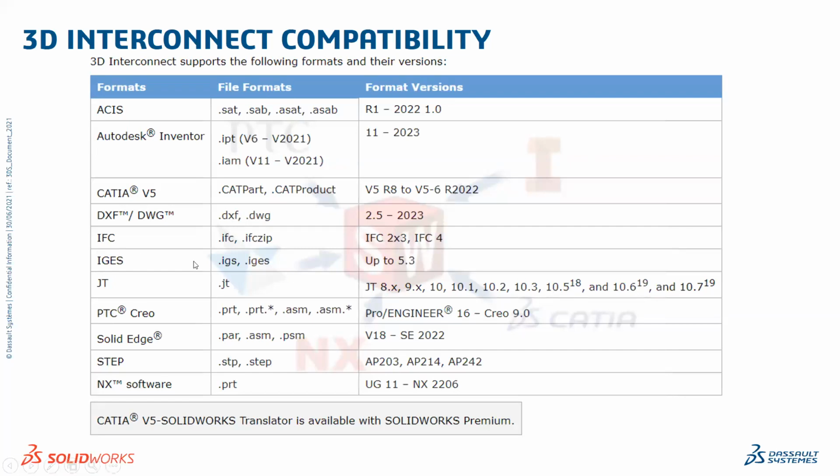You can see IGS up to 5.3. For Creo, up to Creo 9, which is the latest: from Pro Engineer 16 to Creo 9, you can use those legacy CAD product data. Solid Edge, you can see up to 2022. In NX, you can see up to NX 2022, the current